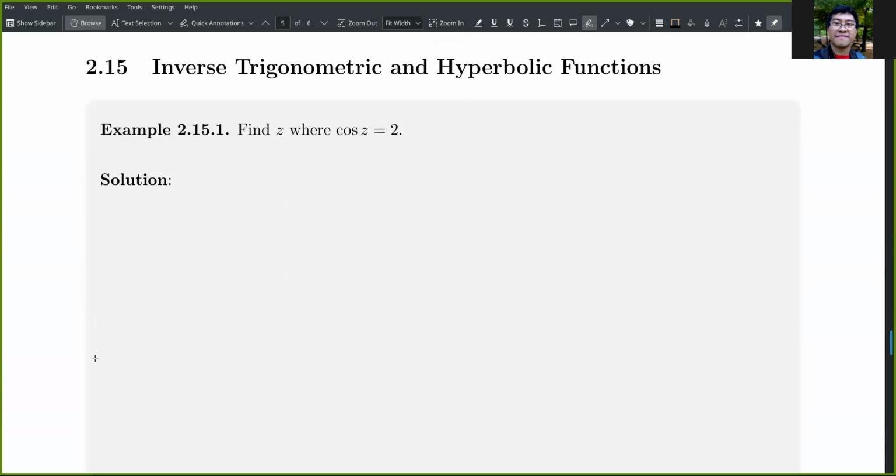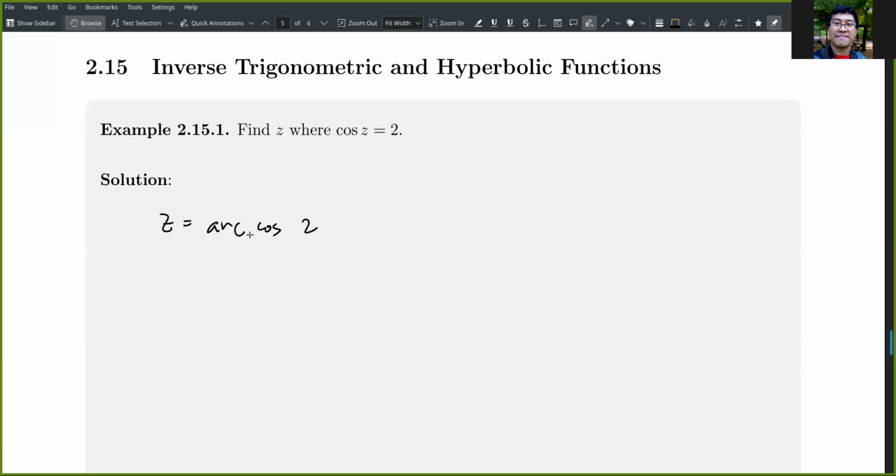Okay, so last section, inverse trigonometric and hyperbolic functions. So we'll have right away an example. Find z where cosine z equals 2. So it means that z, in this case, is simply arc cosine of 2. Okay, but we don't have an expression yet for arc cosine